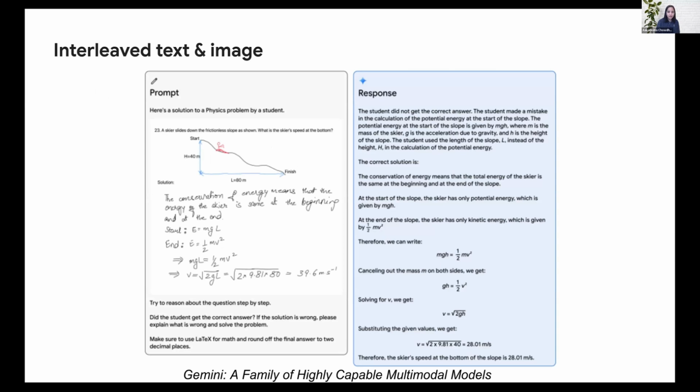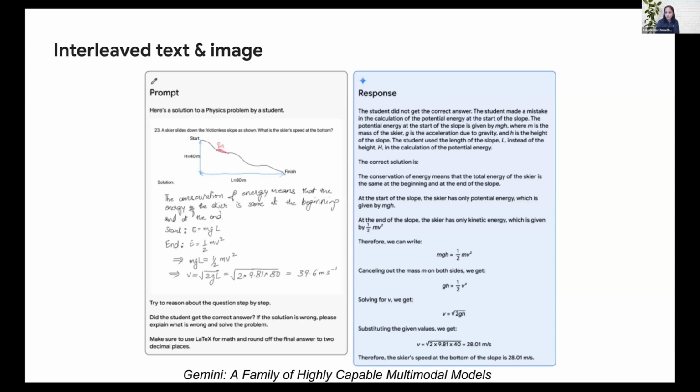Now, all of you have amazing TAs and faculty who spend a lot of time grading your problems. However, the models can always help. So here, the model is prompted with verifying the student solution in the domain of physics. On the left, what you're seeing is a skier sliding down a frictionless slope, and the model is asked to verify the solution that the student has generated. It's a handwritten note, and it's also asked to correct the student solution if it is incorrect.